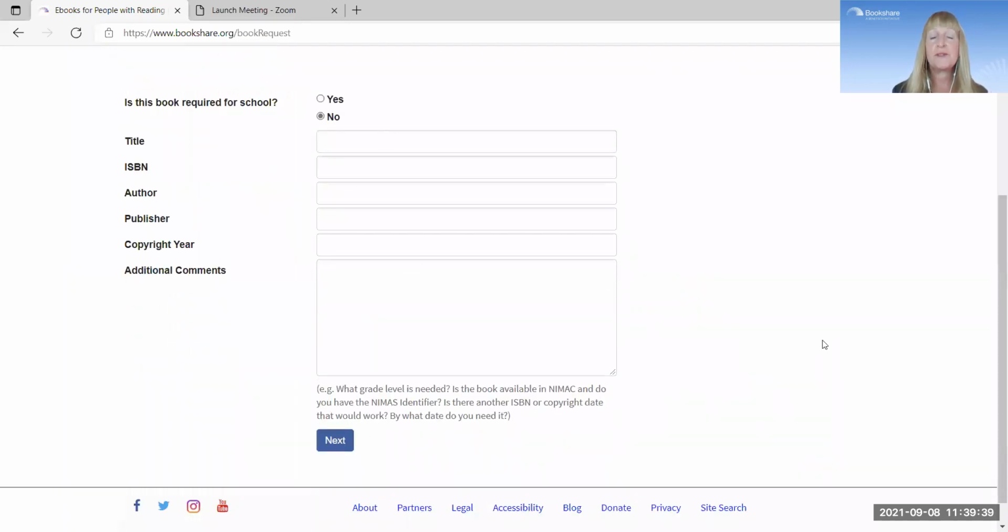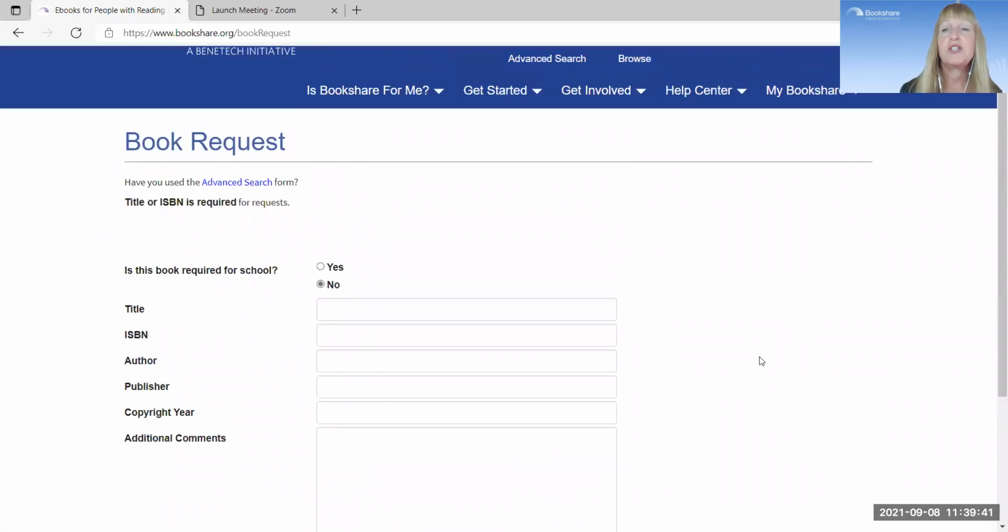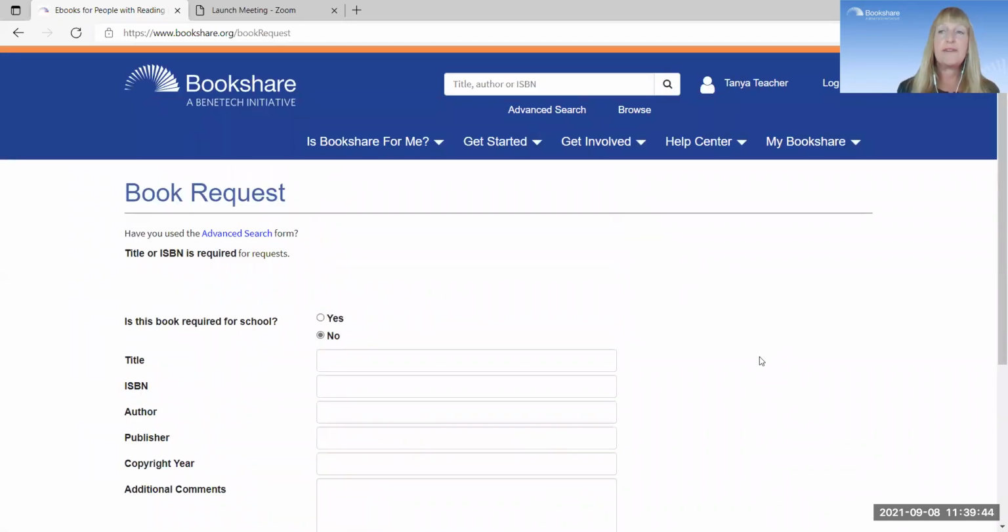You fill in that, you submit it, it goes to our collection development team. And if we can get the digital file from a publisher, sometimes it's just a quick, like maybe a week turnaround time. If we can't get the digital file from the publisher, we actually purchase the book. We chop off the spine, we scan the pages. That can take a couple months because then it has to be proofread, because with scanning, sometimes it jumbles the word. You lose the images and the book structure. So that does take longer, but usually we can get it from the publisher, and then it's a pretty quick